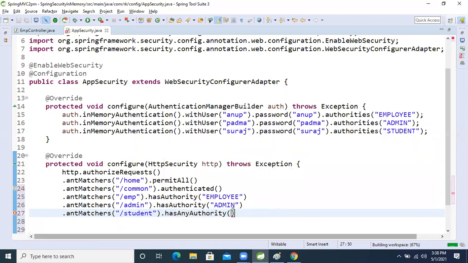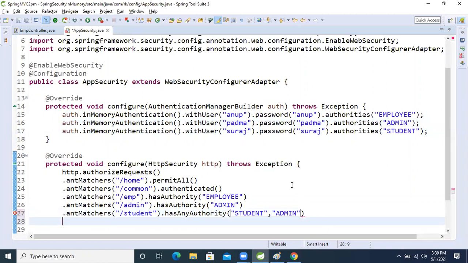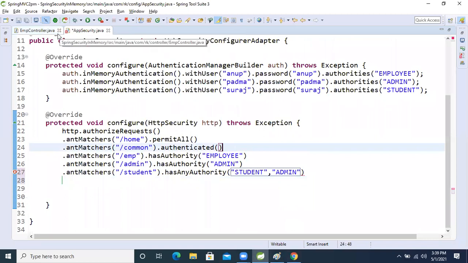One by one we will take: student. The student page can be accessed by the student as well as the admin person. Now copy this one and paste it. So now fine, till now the things are completed.